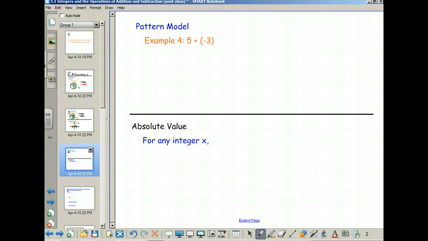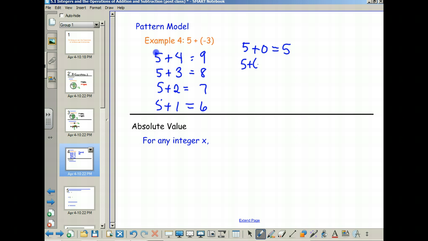All right, a pattern model is a little different. It's kind of difficult to describe exactly where you start on this, but you should start at least back with positive numbers. So we're going to go back here and we'll do 5 plus 4. Nothing special about starting at 4. But what is 5 plus 4? 9. Okay. My goal is to do a pattern until I get down to 5 plus -3, so I need to decrease these numbers by 1. So what is 5 plus 3? And 5 plus 2, and 5 plus 1, and 5 plus 0,